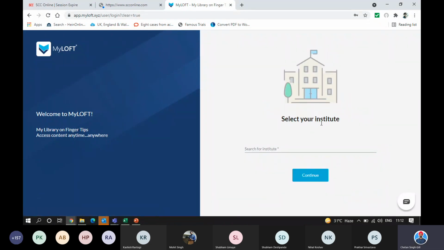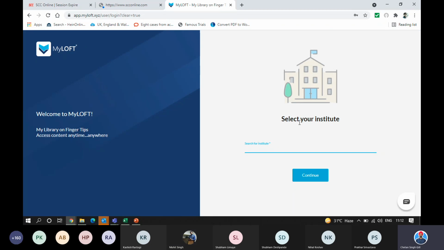Because you'll be coming here for the first time, it'll ask you to set your password. Those of you who have set the password would know this entire process, so you don't have to worry about it. Sir, we're using the trial as of now. Yes, thanks. So you need to set your password,